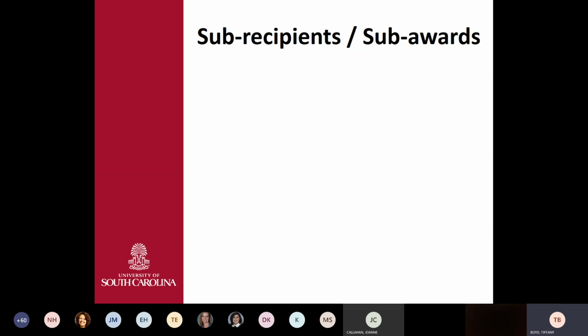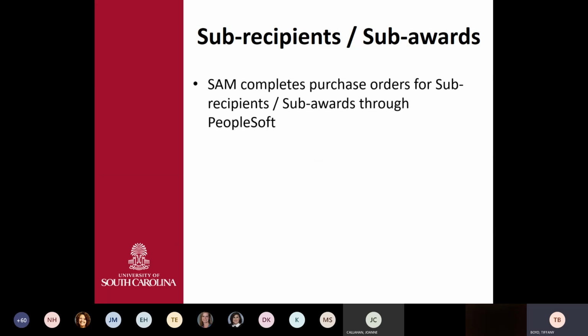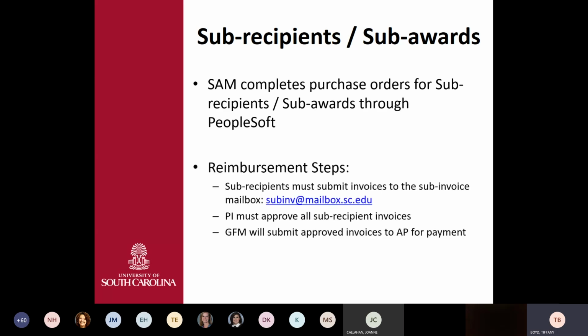So then that takes us to sub-recipients or sub-awards. So Sam completes the POs for these, and they come through PeopleSoft. And each one is assigned its own sub-agreement number and its own unique purchase order number. And then the reimbursement steps are that the sub-recipient must submit their invoice to the sub-invoice mailbox, and that is